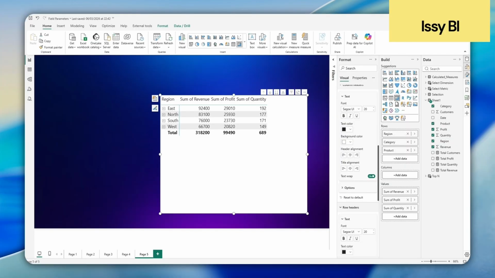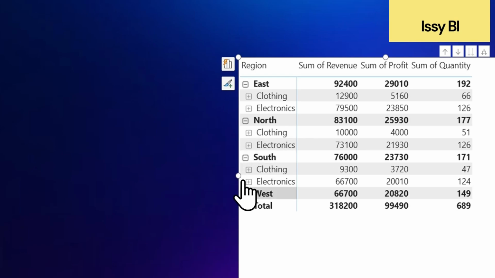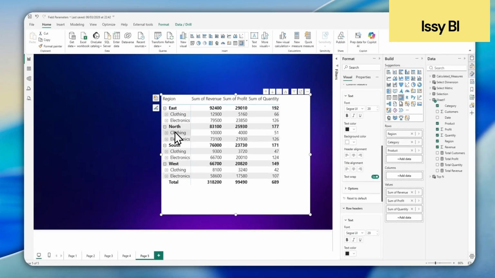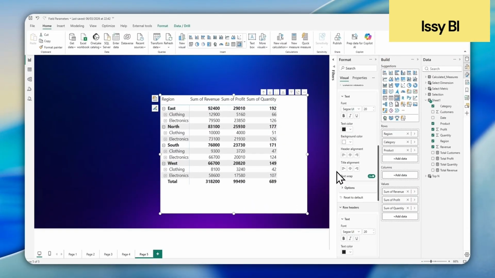The first feature is the matrix auto expand, or leaving it in a default expanded state. This is what we had previously. Every time you share your report, the person using it would have to click on each one to drill down to the next category, right? With the new update, you can control the starting expansion state. So instead of forcing every user to drill down manually, you can open it to the level that you actually